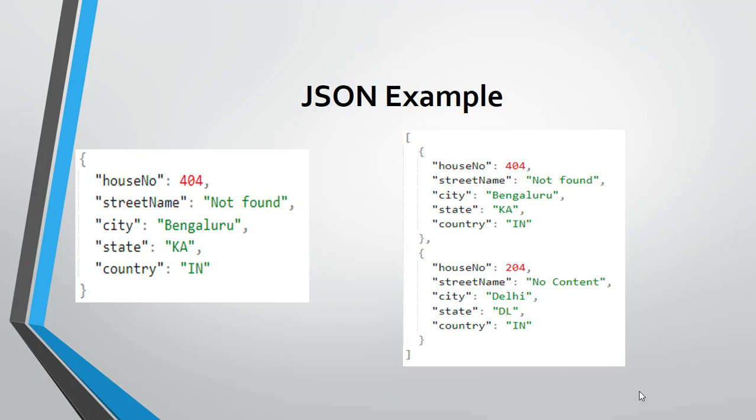Okay, this means when you want to store multiple JSON objects, we need to use a JSON array here. You can see I am storing two house details, or two address details, into an array, which is called a JSON array here. Using these concepts, I am going to store the expected data for my W3C cascading